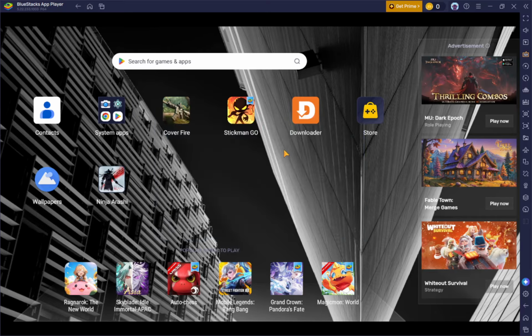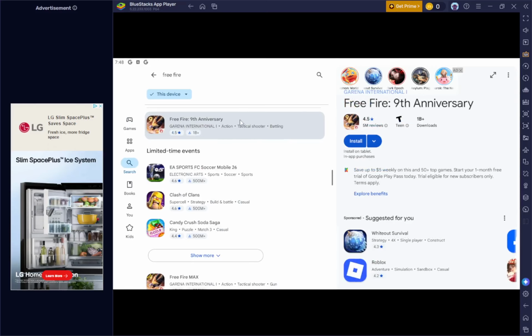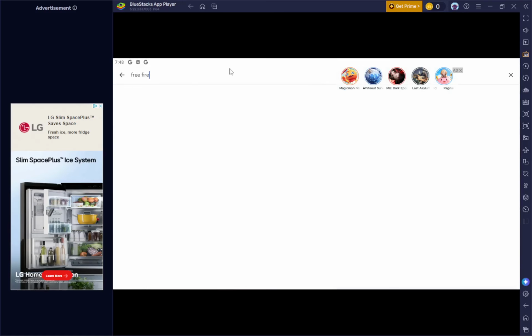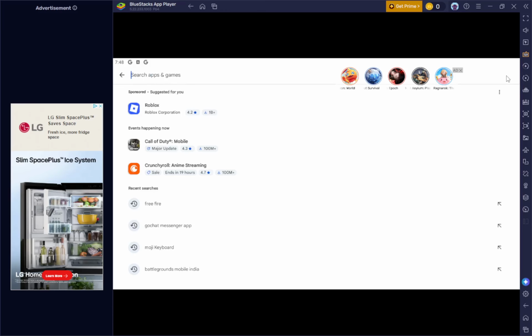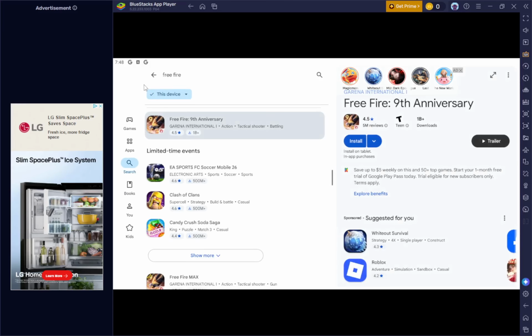Inside the System Apps window, click the Play Store icon, which looks like a colored triangle. After a moment, the Google Play interface fills the screen with a search bar at the top and different app suggestions below. If it asks you to update Play Store first, let that run, then it will reopen automatically.